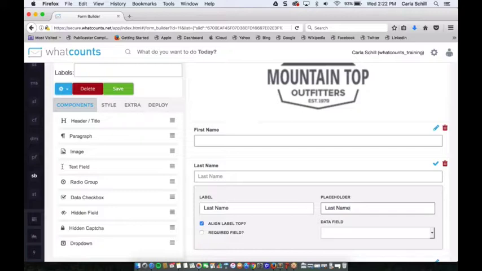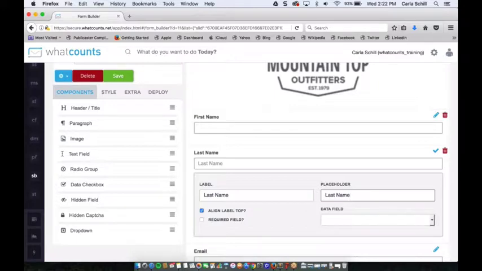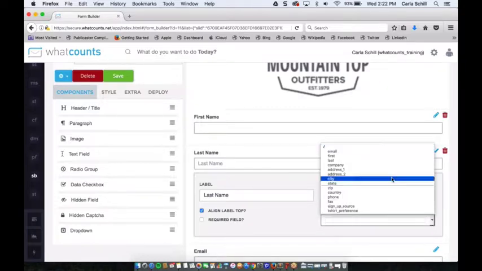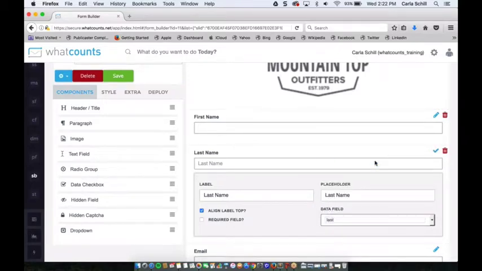And then we're going to choose the field in the subscriber record. So in other words, the field on the WhatCounts side that when they fill in this particular component, what is it going to update in their record? So when this person signs up, gives us their last name, I want that to map to my data field called last. And so this is just a standard field on the WhatCounts side. I am going to show you an example using a custom field. So we're going to set up some preferences in this particular form, and I'll show you how you map that to a custom field. So I've mapped my last name,